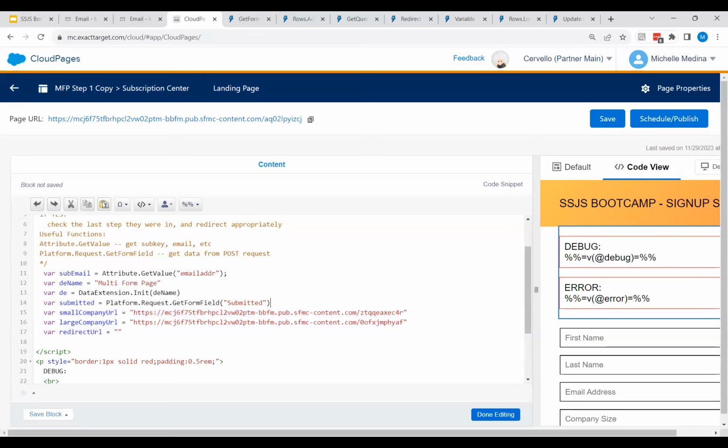So the first thing we need to know, as I mentioned earlier, is whether the form was just submitted or if it was a fresh load. If it was a fresh load, in that case, the SSJS shouldn't do anything. So to differentiate between those 2 loads,